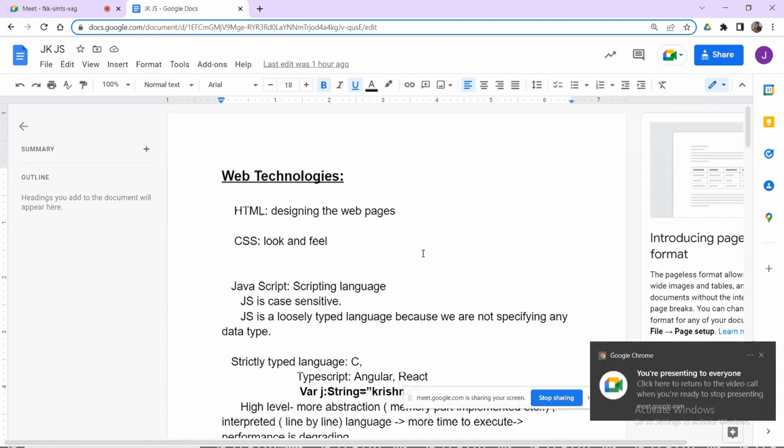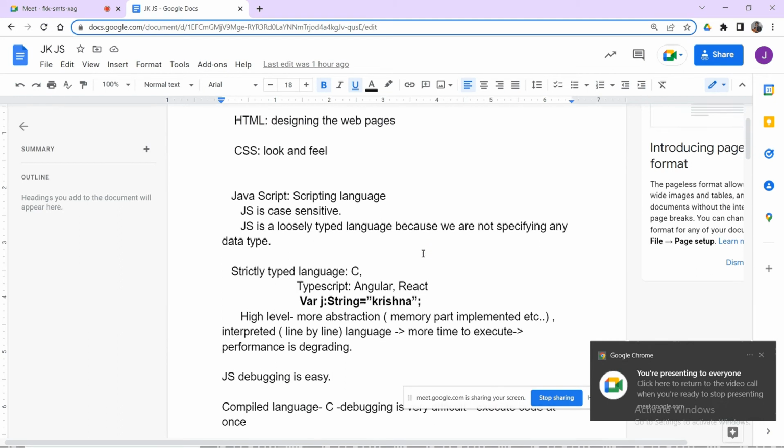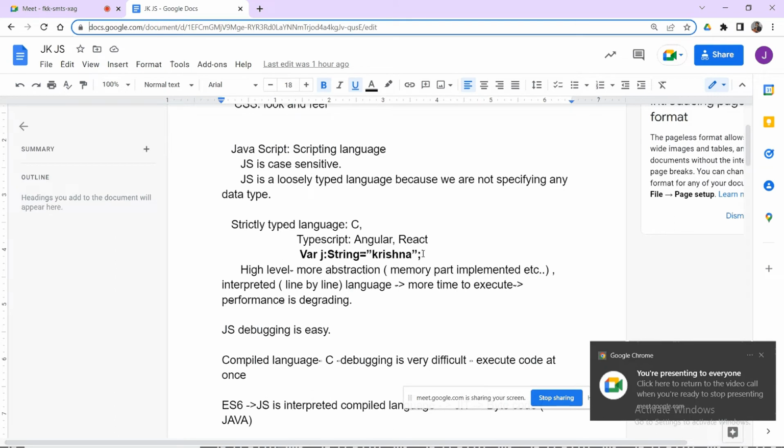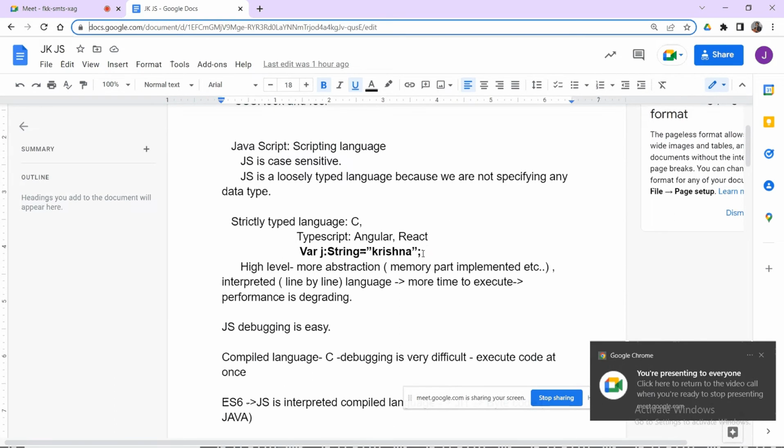In the previous class, we have seen the basic introduction about JavaScript. JavaScript is a scripting language meant to improve the interactiveness of the website. We have seen JavaScript is a loosely coupled language, whereas TypeScript is a tightly coupled language, which means that in JavaScript we need not define the type of the data type. Whereas coming to TypeScript, we have to specifically define the type of the data type also.